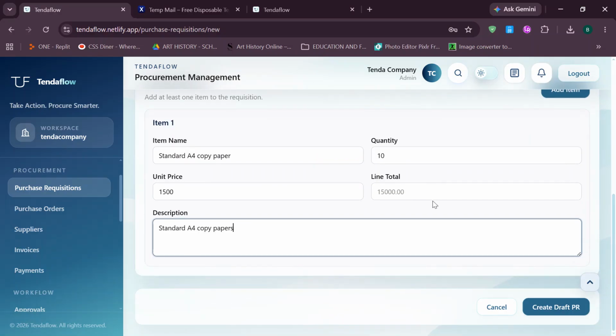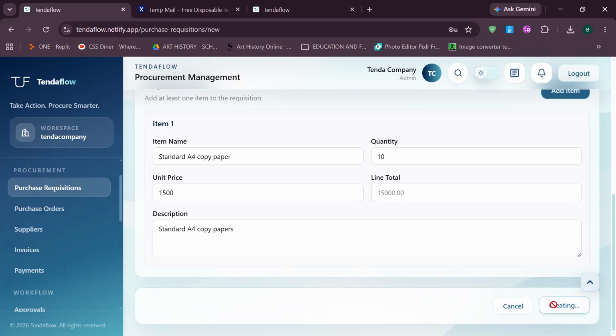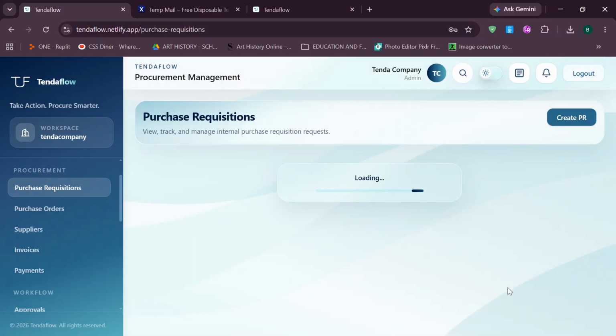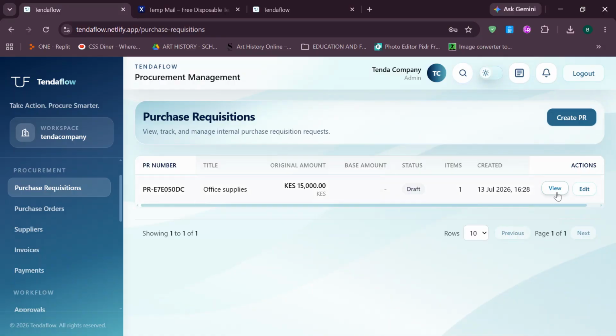I hope we can recall that when we were creating the approval workflow for the company business type, we had two levels. Level one could approve from 0 to 10,000 Kenya shillings. Level two could approve from 10,001 Kenya shillings to any amount after that. So based on that, we have created our first PR at 15,000 so that we can see how those two levels are going to work. So we can click create draft PR, then click view,